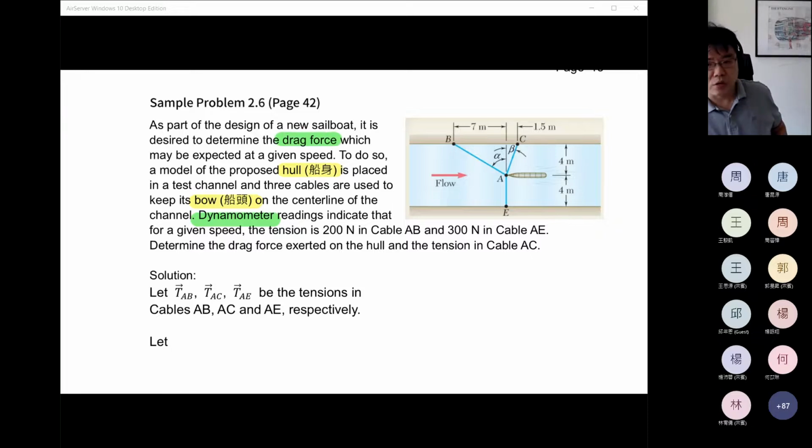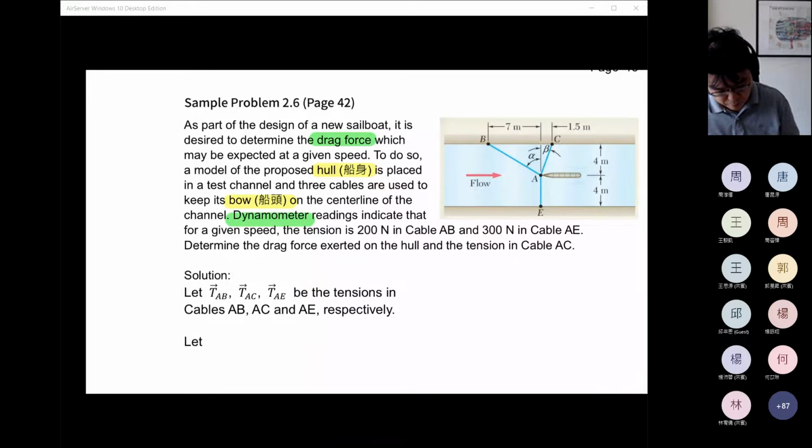These 2 words in green are quite specific in mechanical engineering. You may type it when I go on, right? Drag force means this one. And dynamometer is